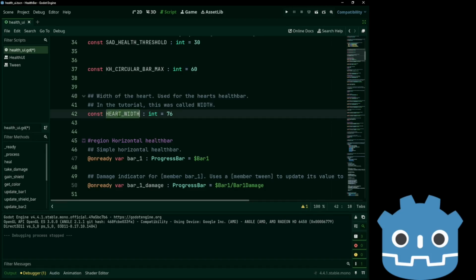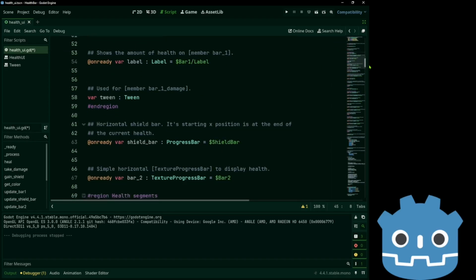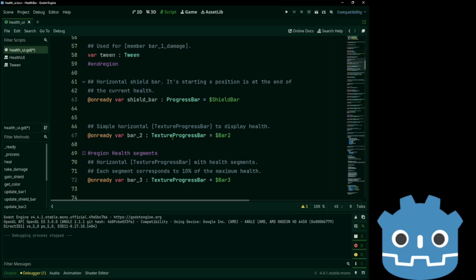I renamed width to heart width so that we know that we're talking about the hearts. Now I've also added some regions for each bar. This is bar 1, our shield bar and bar 2.